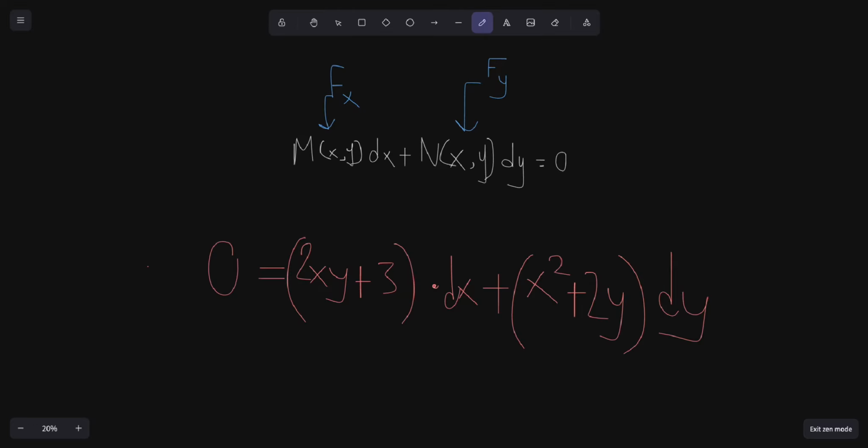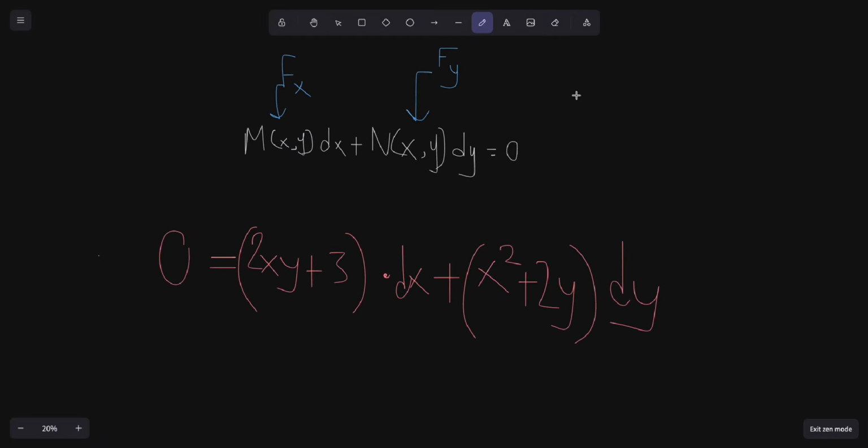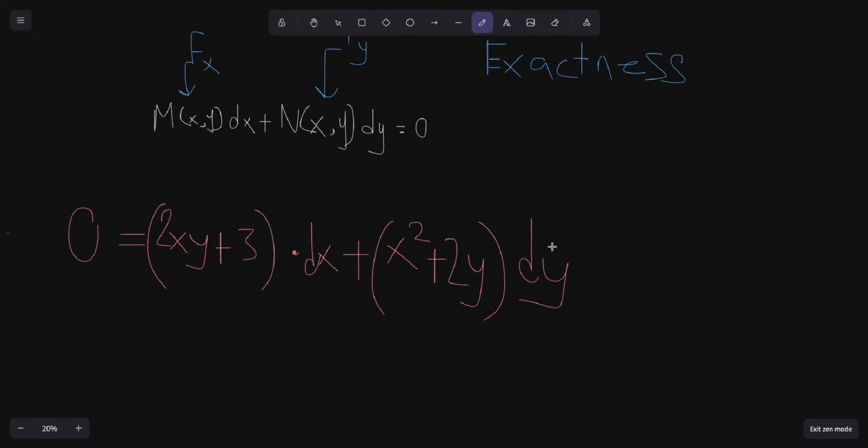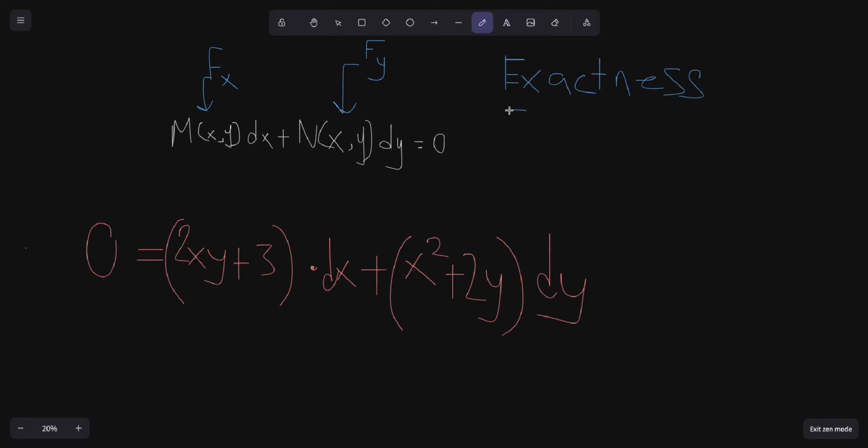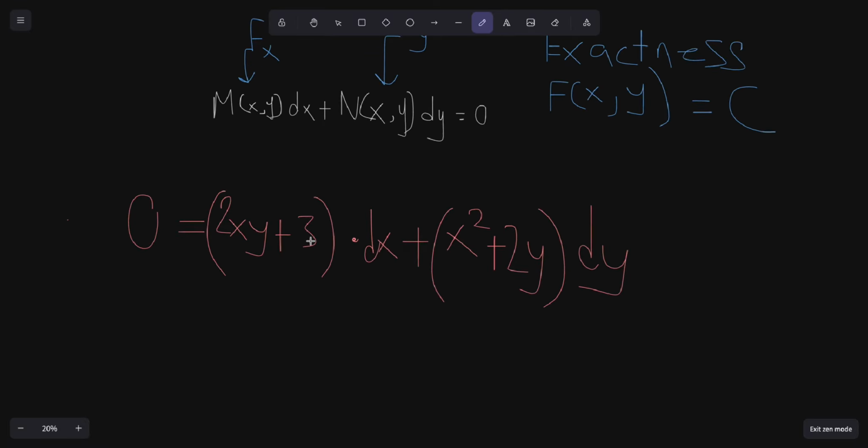Now, when you're doing these type of problems, you have to do something called checking for exactness, okay? Exactness basically tells you the type of solution. So essentially, notice how the solution that we ended up with is some multivariable function f of x comma y, and that's going to be equal to some constant, right? And in order for this kind of equation to hold true, this describes the solutions of our differential equation, and this only holds true if this